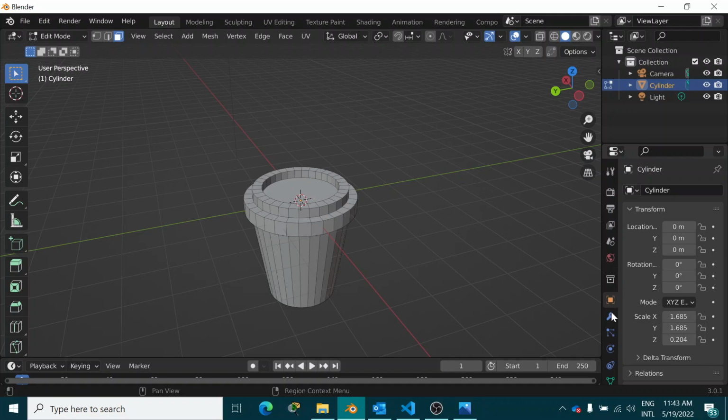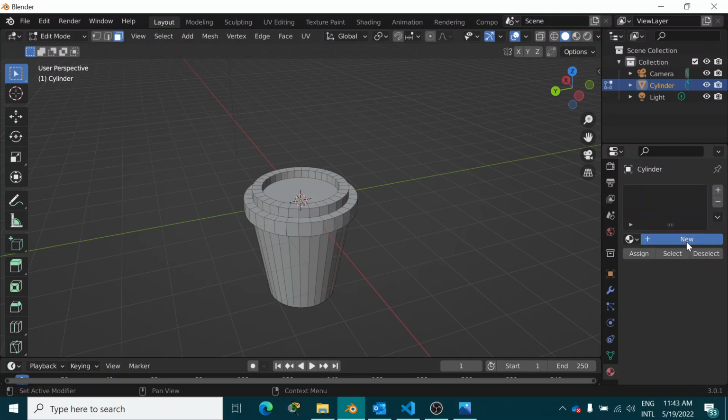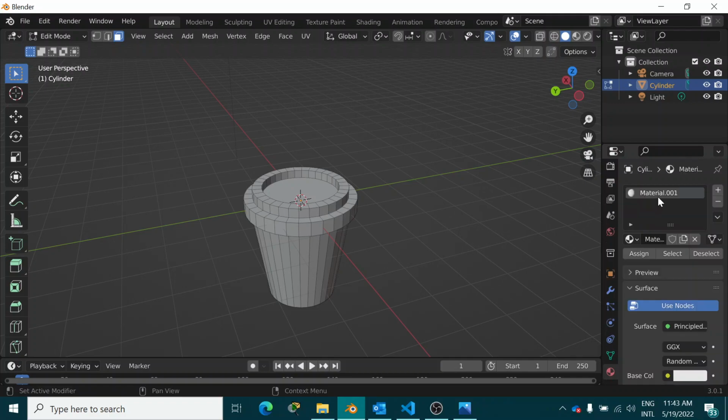So you can add new materials and you can keep assigning it to your model or whatever shape you're creating. So I'm going to press material properties, and I'm going to click on new material. It takes a little while, but the menu will appear. Okay, so here this is called material 001, but I'm actually going to rename it and I'm going to call